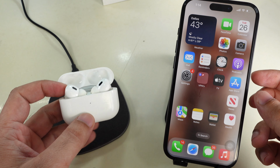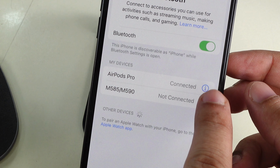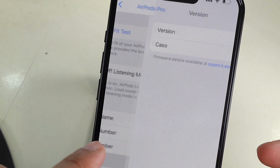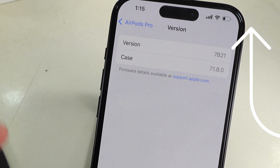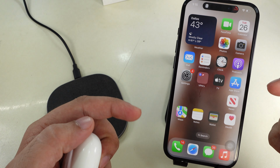To check AirPods firmware, go to the Settings app on your iPhone. Under the Bluetooth settings, tap on the i button next to the AirPods name, and see all AirPods settings and scroll to the About section. Under the version, check the AirPods version and case firmware. Find the separate tutorial on updating AirPods Pro given in the video description. To check the latest firmware version when watching this video, check the link given in the video description and pinned